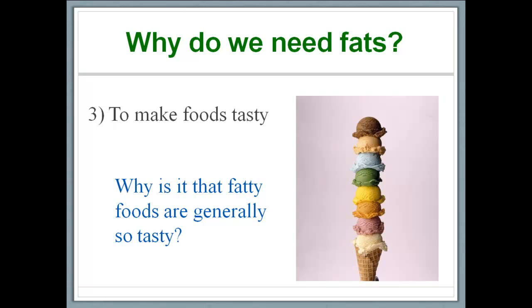You know, this is a rather tricky answer because more scientific research needs to be conducted on this particular issue, but the best answer that I could give you is the following. When you think about it, there is an advantage to being able to taste and enjoy fat. For most of our history as humans, overeating hasn't been much of a problem, has it? But starvation has. So a predisposition to eating fats, which, let's remember, are high-calorie foods, could really mean the difference